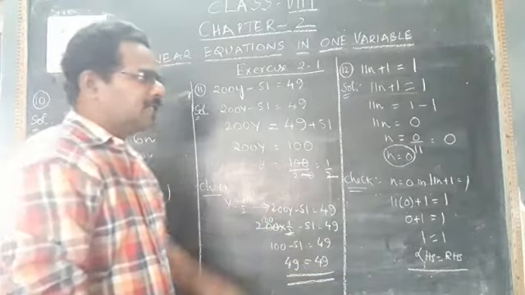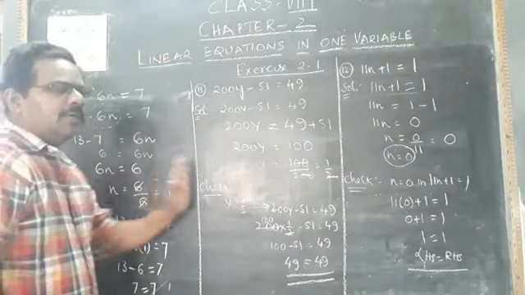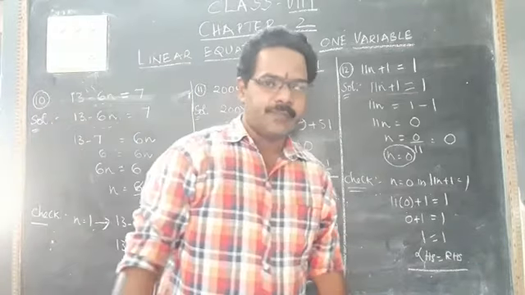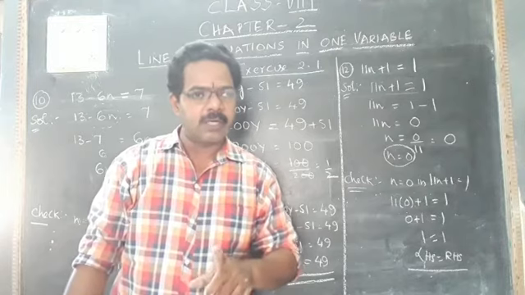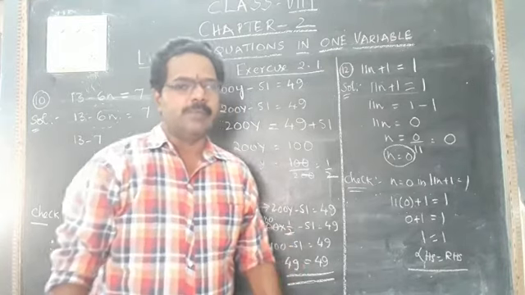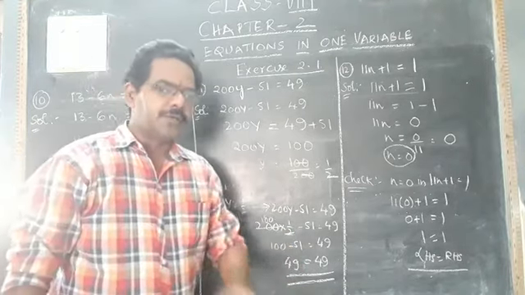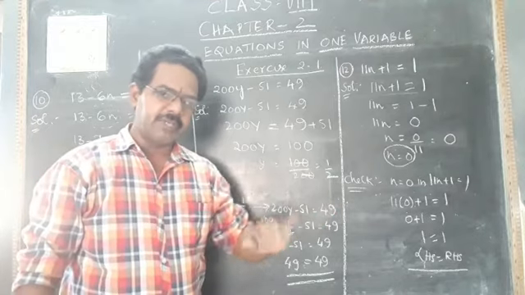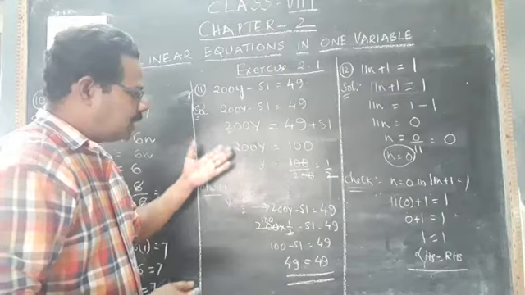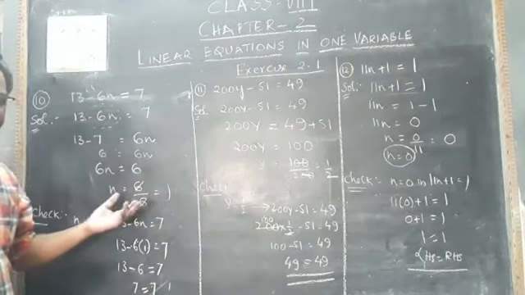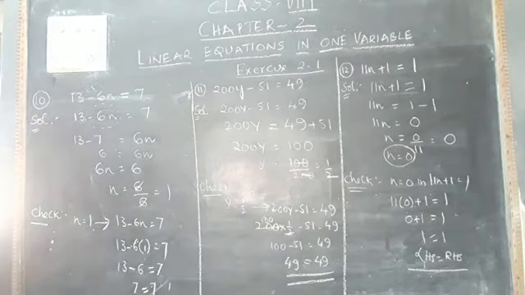Okay. Please note down these three sums: 10th sum, 11th sum, and 12th sum. First try to understand and then note down. After noting down, you should be thorough with the sum. In the homework, you should not see the sums again. Without seeing, you have to do them. That's why you have to watch the video 2-3 times. Watch the sums, how I have explained. Okay, please note down.